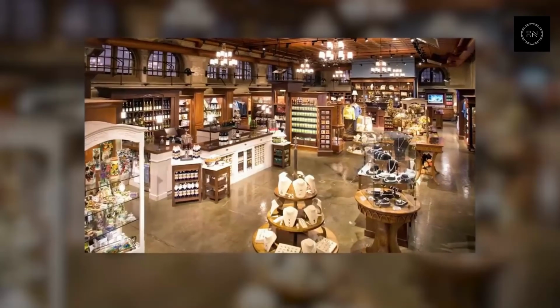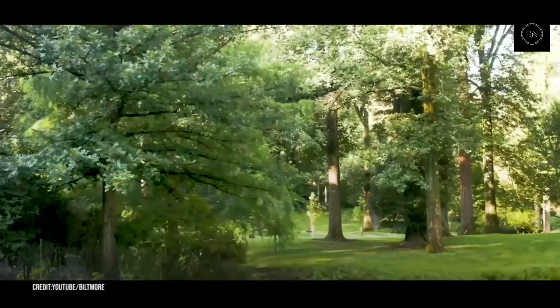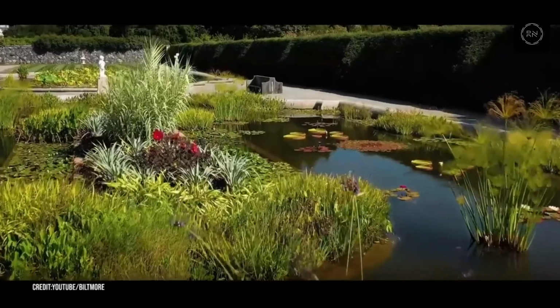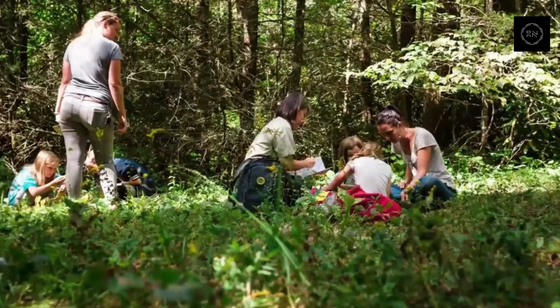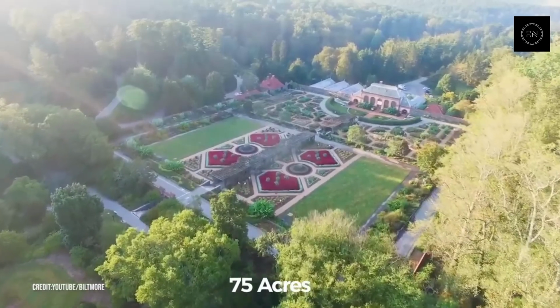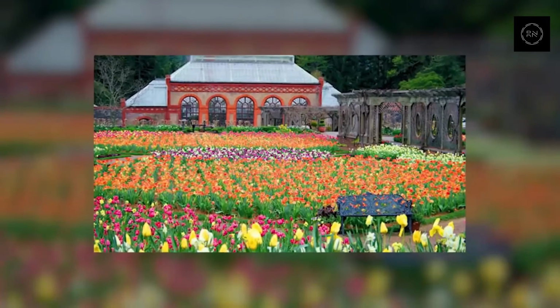And the home itself isn't the only remarkable thing. There's an attached stable and carriage house that totals 12,000 square feet. Outside the stables, the home is surrounded by park-like grounds. The estate was actually home to the first ever forestry education programs, which took students around the timber forests on the grounds. There are 75 acres of formal gardens, including a Roman formal garden, a bush and tulip garden, and